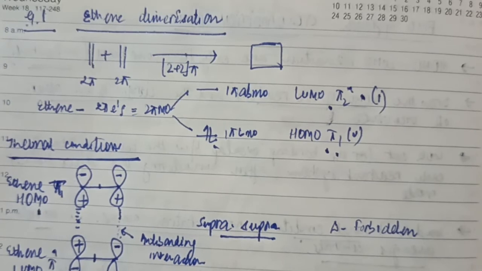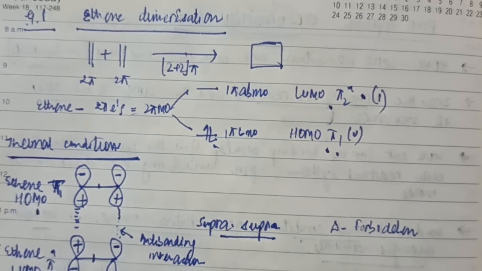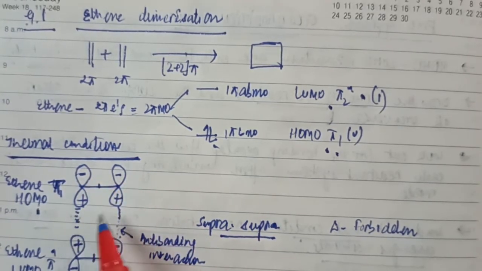Now here I'm changing the nature of the signs from what I did in the orbital diagrams, or the orbitals which I've drawn in the case of pericyclic reactions. Earlier, if you remember, I used to put positive signs on the above side and negative signs on the lower side.